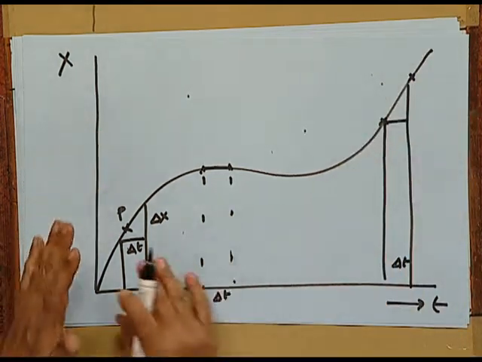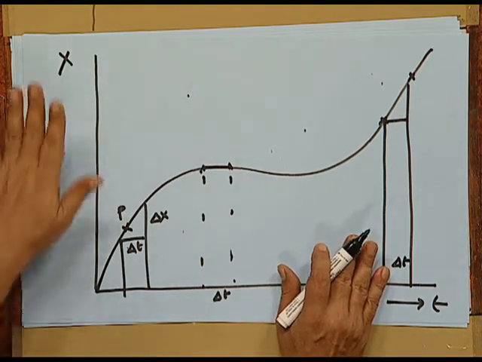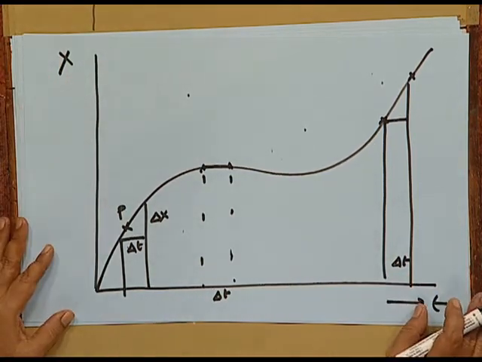It means in this kind of a nonlinear variation of x versus t, we come to the conclusion that average velocity goes on changing with time. Now, we are talking only about average velocity. When you say an object has an average velocity of 4 kilometers per hour or 40 kilometers per hour, whatever it is, you should specify the interval over which the average velocity is there, otherwise it has no meaning.